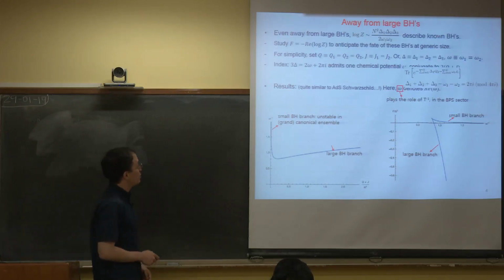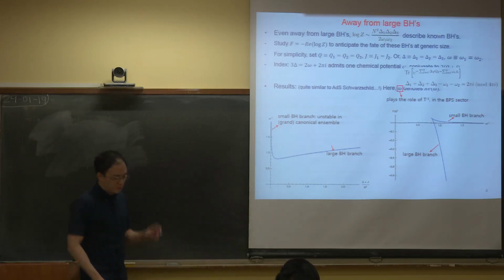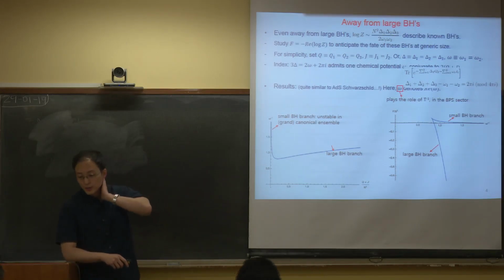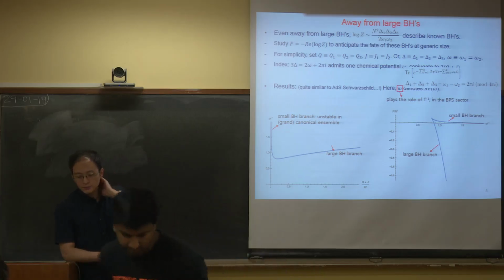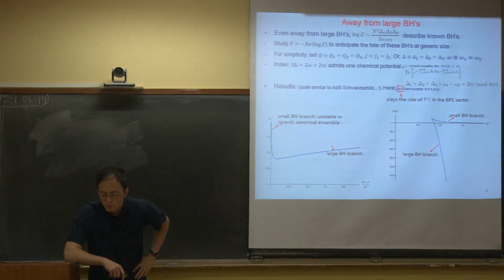Today we'll go beyond the large black hole limit. Before making a field theory analysis, I'll just repeat what you said. If you go asymptotically, if you just count all supersymmetric gravitons, the partition function over